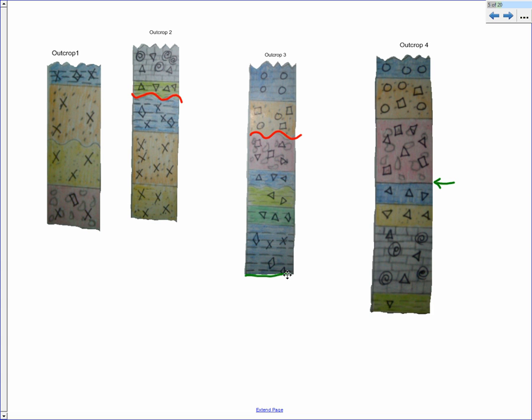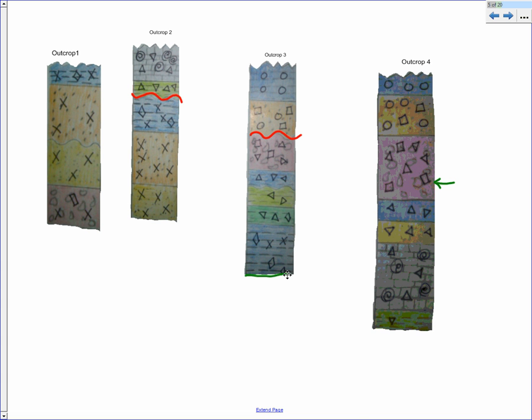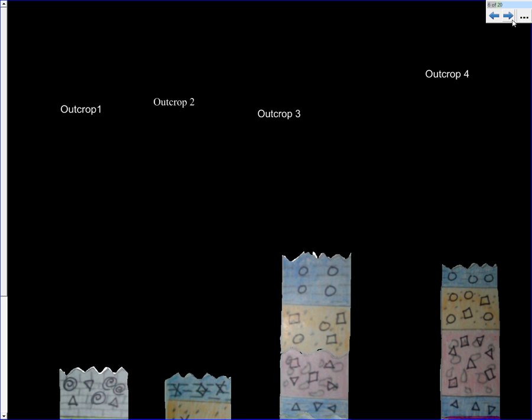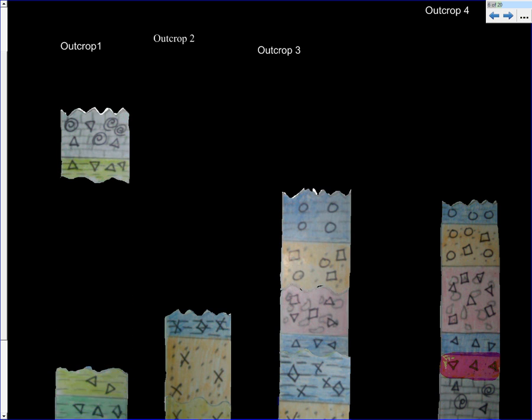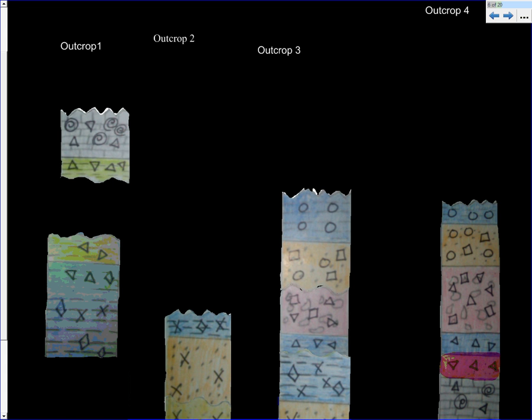Something was missing there. All right. So once you cut along them, your outcrop 1, you're cutting the wavy lines. Okay? Outcrop 2, you're going to cut the wavy lines so that they're separated. And that's why I number them on the back so you don't get them confused. Outcrop 3 has 2 parts of the wavy lines, which is unconformity, and outcrop 4